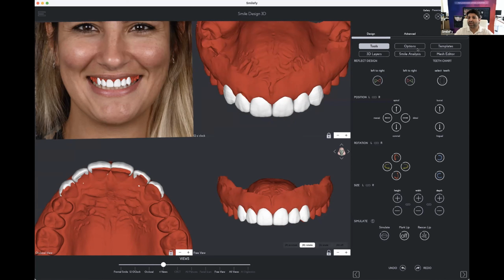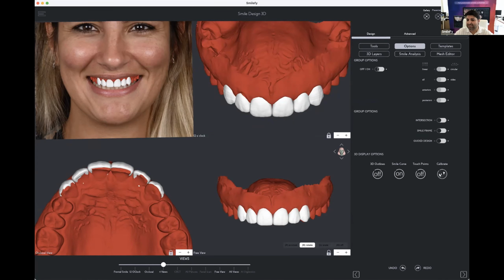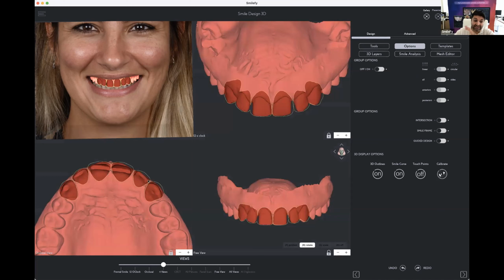Tools. Then we have options. Options are pretty much the same. You can group all the teeth and then move them grouped. You can see the 3D outlines to analyze the interproximal spaces, to make sure that the alignment is properly done, and to see if it is a crown lengthening case. Do you want to do a crown lengthening case? If you have the CBCT also aligned in the background with the outlines, you see the bone margin, you see how much you need to reduce, and all these clinical details that you can use